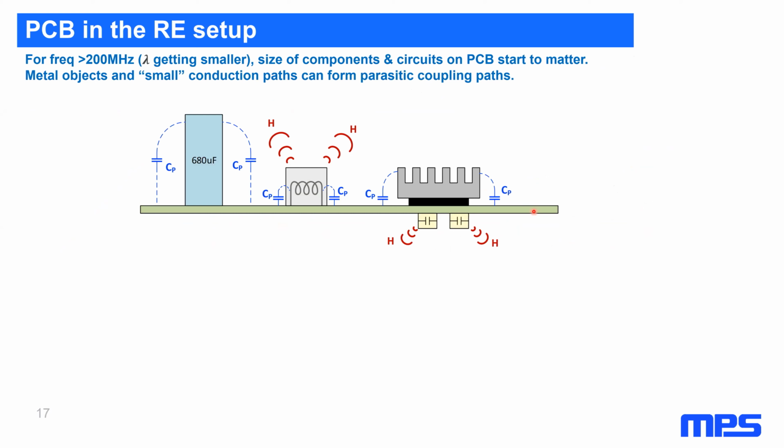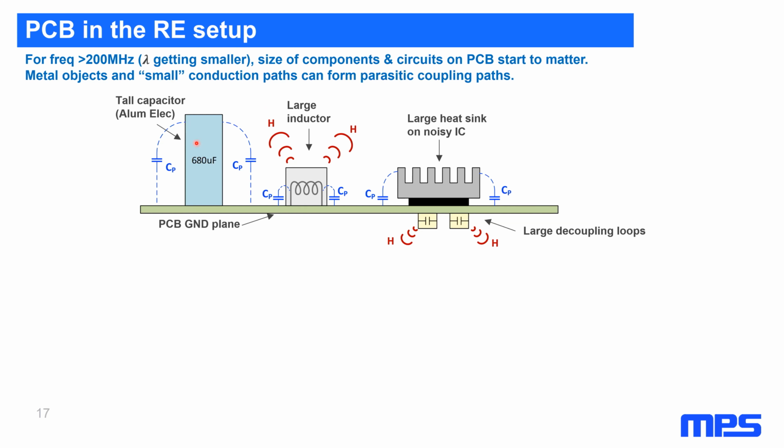In the circuit boards, as we are dealing with the lower frequencies, like a couple hundred megahertz or less, typically we're not seeing too many problems with noise radiating off the boards or circuits on the boards. But as frequency increases and we get above 200 megahertz, the wavelengths continue to get smaller. Now the size of these different components on our board and the traces in circuit loops, circuit sizes start to really matter. So the things that we need to look out for once we start getting up into this frequency